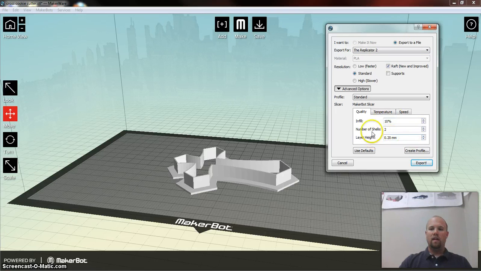We're going to leave all of our options here the same. This is a small enough part we can get by with a 10% infill. It will still be plenty solid. We want to print it on a raft so that it sticks to the build platform a little bit better. Once we have that done, we can click on Export,